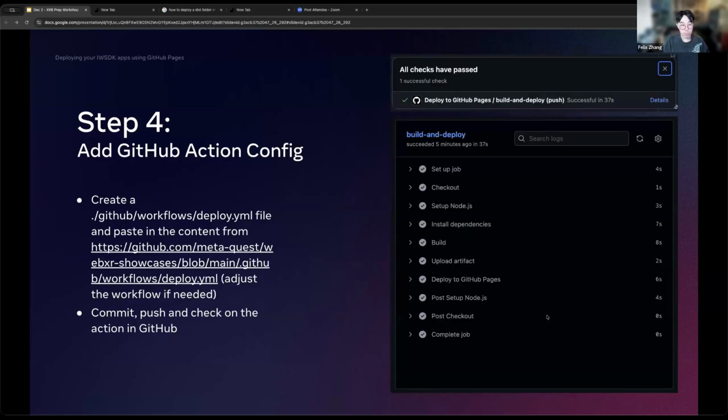And for step four, we actually have two options. So the first option here is using a GitHub Action config. This is, in my opinion, the easiest way to do it, and it will trigger very nicely from every commit that you do. So what you want to do here is you